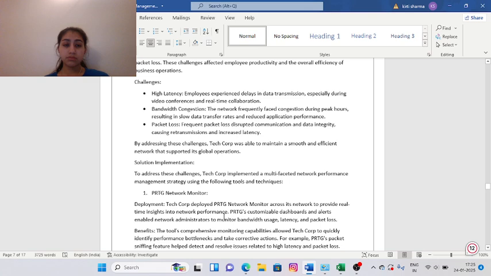The solutions implemented in the company to face these network performance issues used strategies like the PRTG network monitor and the SolarWinds network performance monitor. The benefits they have just